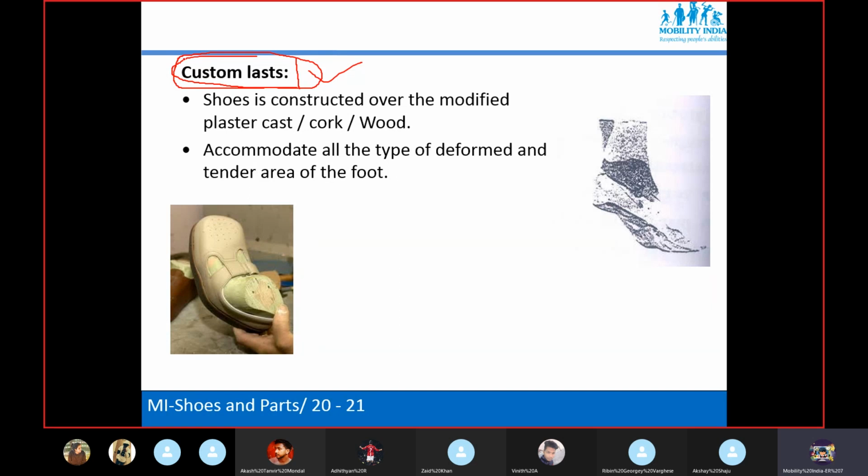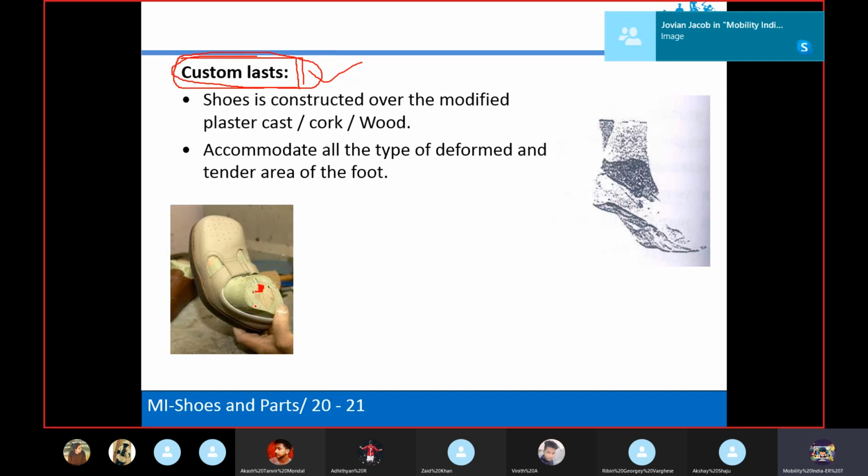So here custom made means this particular shape of shoe last is not available. Then we need to take the cast of that foot, take the measurement and modify that. So this is a customized shoe last, meaning we have taken the measurement and cast of each individual and prepared this shoe last.